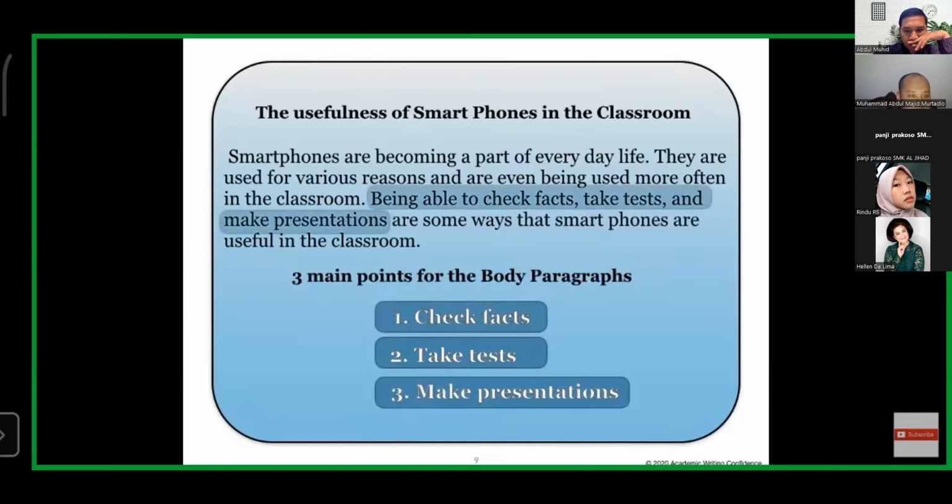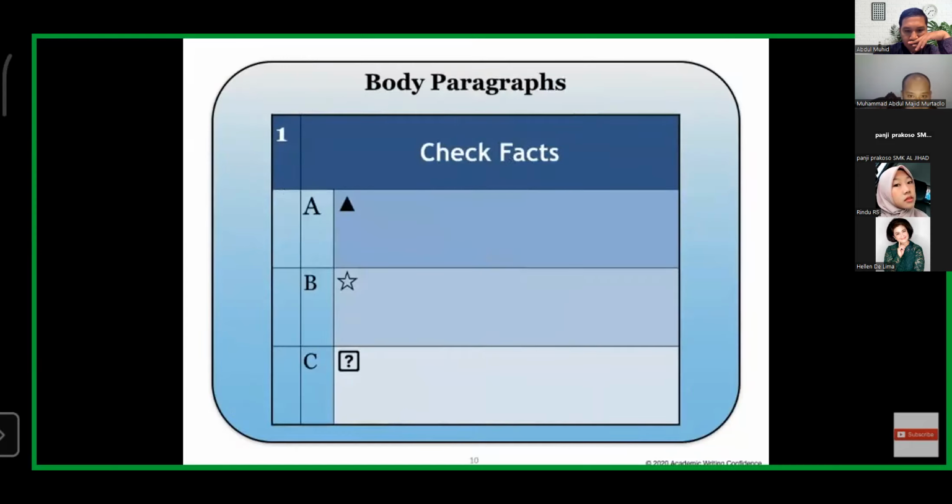So after some brainstorming, for the paragraphs, the topic sentence needs to include the main idea in this paragraph.